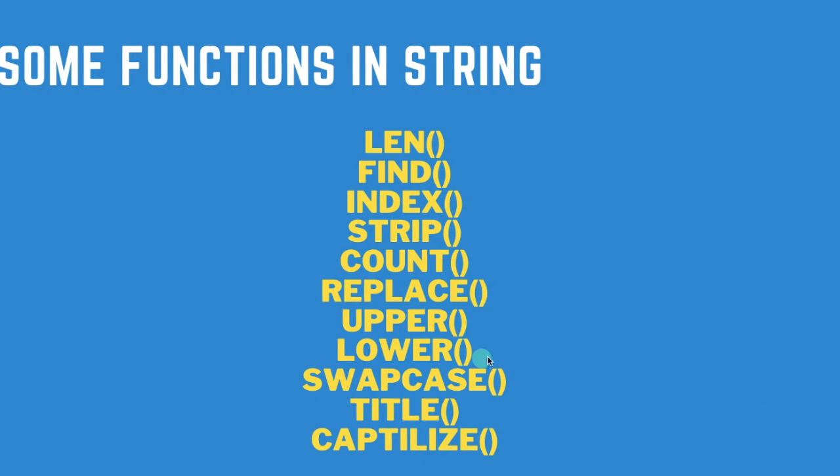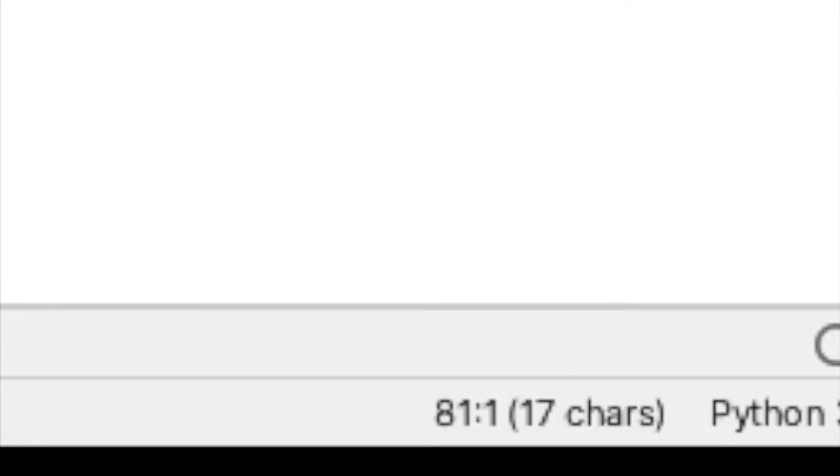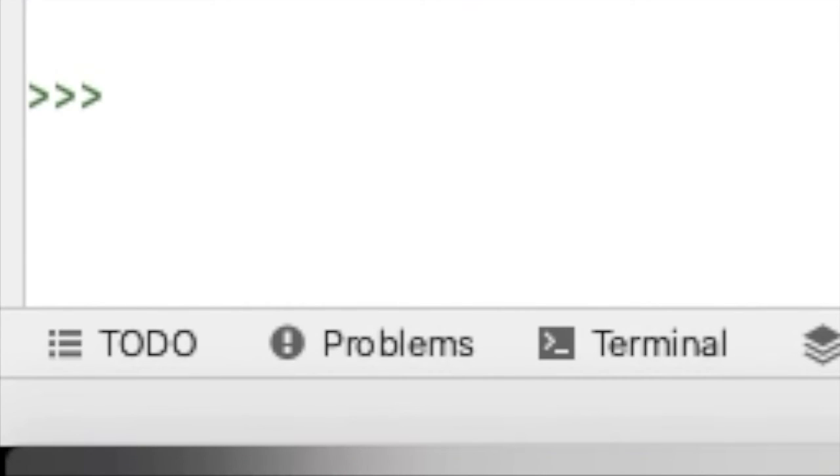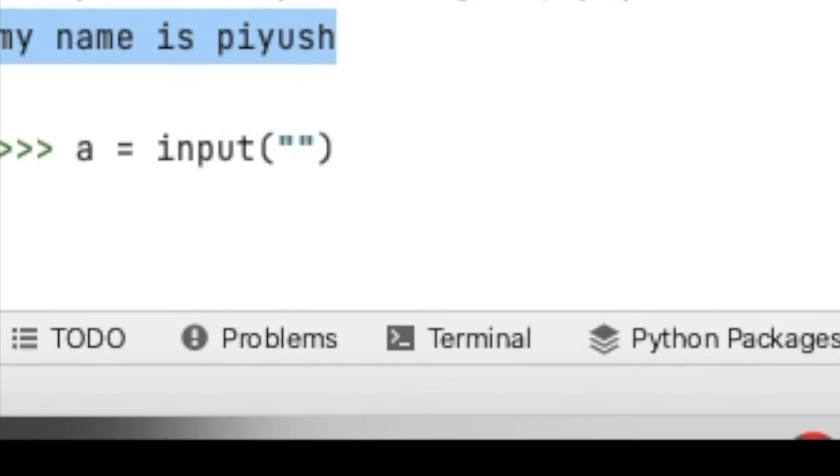Now the next one is upper and lower. So this upper and lower is used, suppose we are taking one string in lower case, but we want that if user inputs in lower case, then it will change to upper case. Like we are taking input here, like enter your name, and we will use upper here.